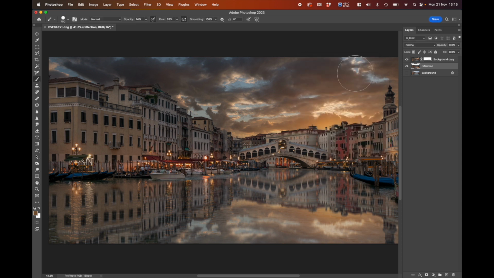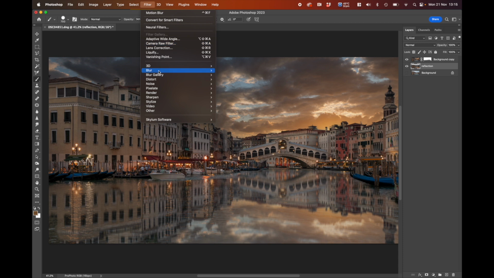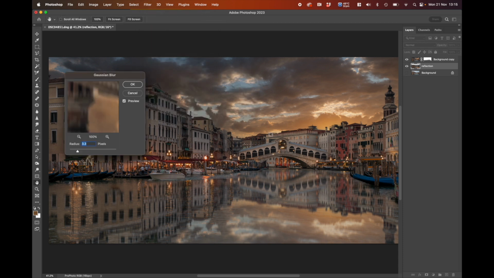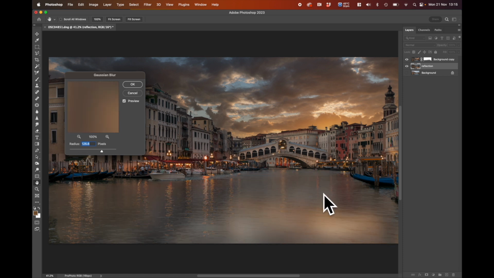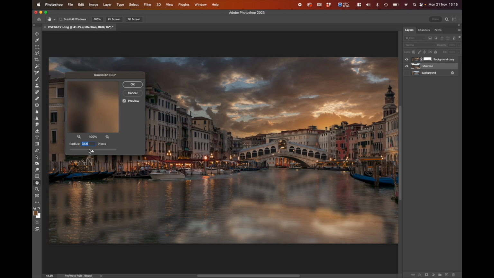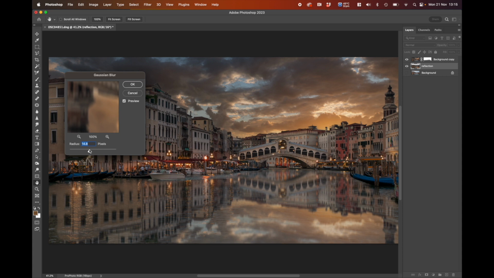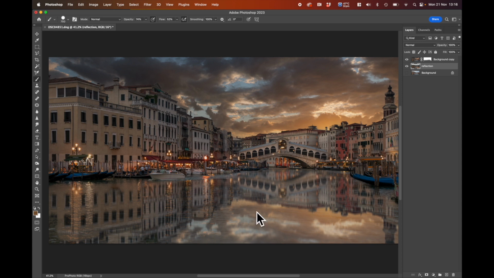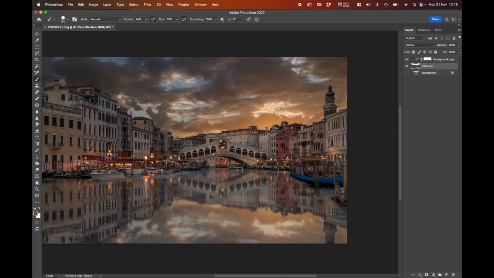That's good. I'm going to go there, and I'm also going to go back into filter, go back into blur. I'm going to go to Gaussian blur, and that does an overall, like, average blur. So you can add more of a blur if you want to, or less of a blur. You see, so you can choose how much of a blur that you want, just to sort of make it look more natural or not natural. I'm actually going to bring that right back. I think we're going to go there. Just got a slight bit of blur on it. So I think yeah,